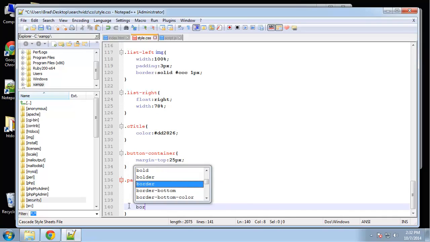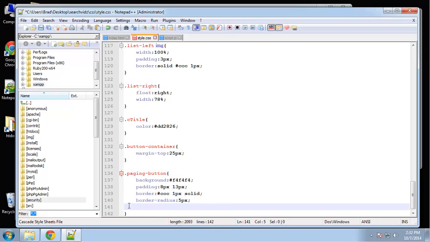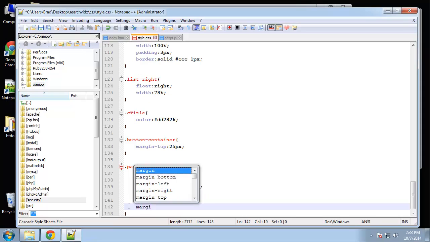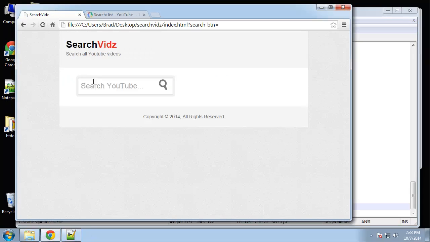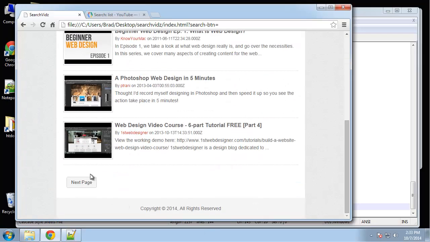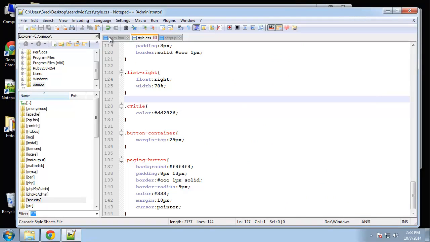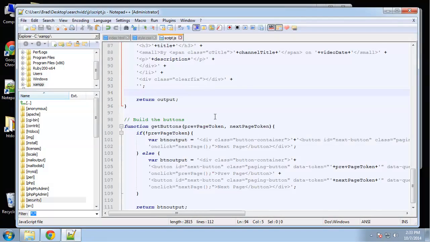and let's give it a border radius of 5 pixels, color dark gray, margin 10 pixels, and cursor we want to be a pointer. Alright, so that should make it look a little better. There we go. Alright, so let's go ahead and build the next page and previous page functions, which are basically